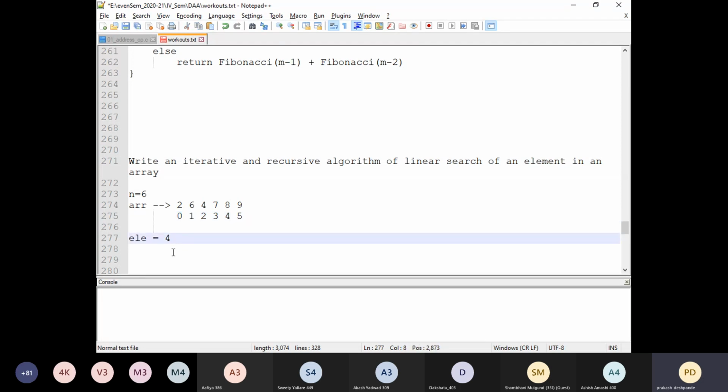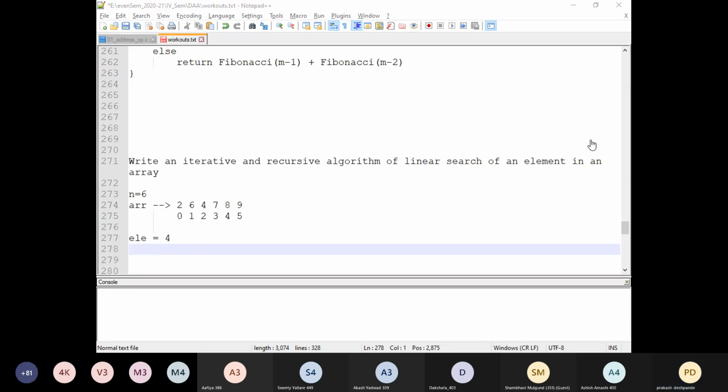So here, what would be the search result, students? If the element is 4, what would be the search result? Is it successful? Yes, sir. So what will be the index value or position? Two. The position is 2.